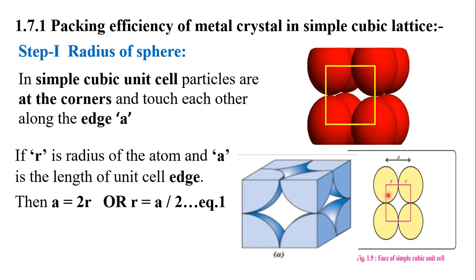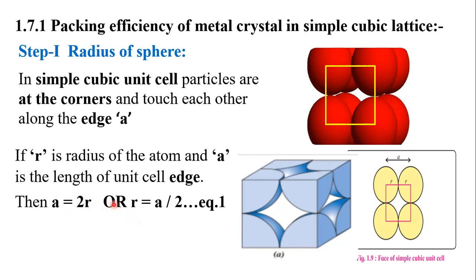Like this, the radius of this sphere and the radius of this particular sphere form what? It is equal to 2R, and that is equal to the edge length. That is, if the edge length is denoted by A, then A is equal to R plus R. The radii of these two spheres together are nothing but the edge length. So A, that is the edge length, is equal to 2R, that means R plus R.